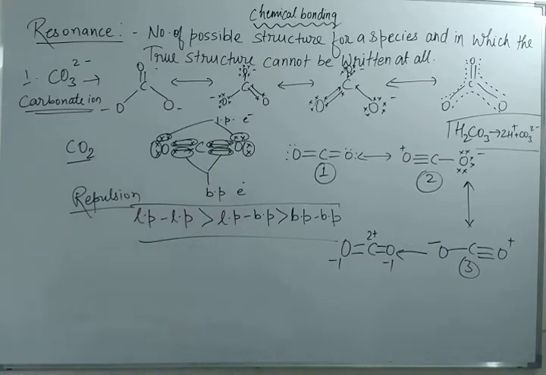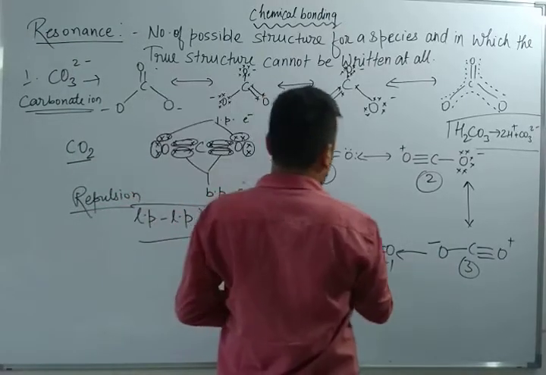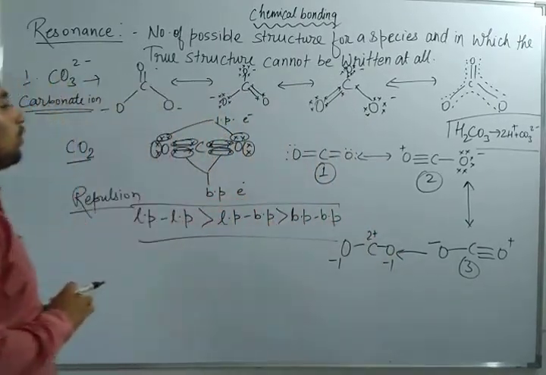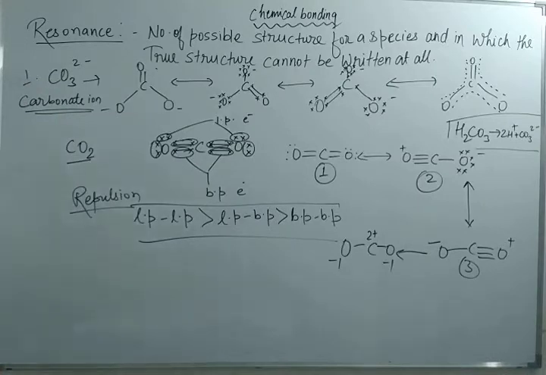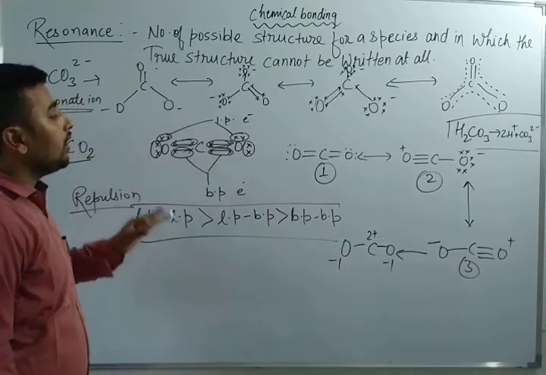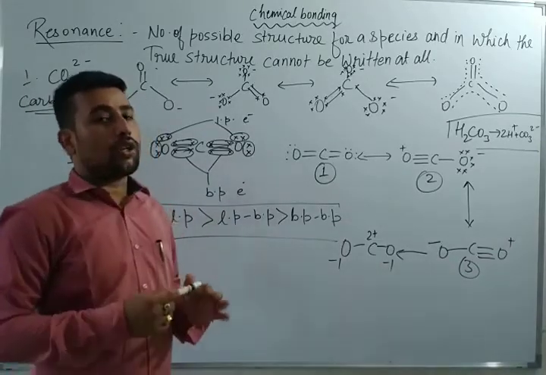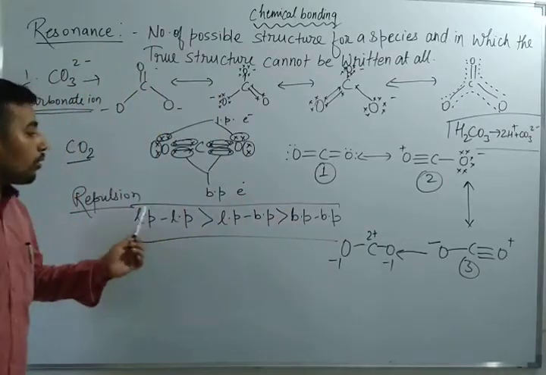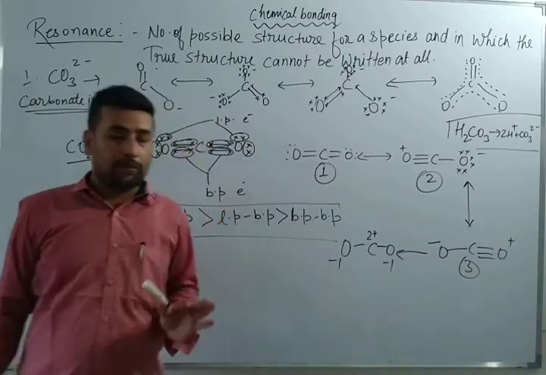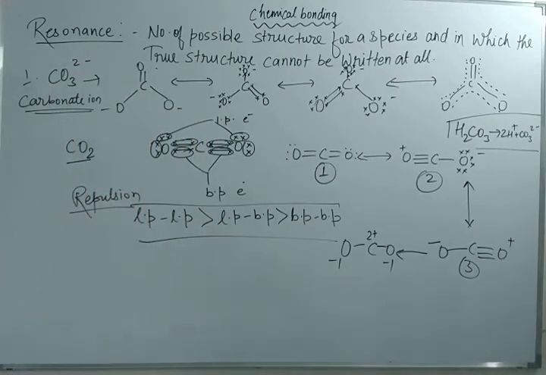Have you understood? Now you will say, sir, you have to remove these bonds. Just remove this bond. Now you will understand why I have put 2 electrons here. I have already told you, you must remember this word, repulsion in lone pairs. So what is a lone pair? Electrons which do not participate in bonding are called lone pairs. As you have seen, lone pairs have maximum repulsion, then lone pair-bond pair, and very little repulsion in bond pair electrons. Since it has less repulsion, that's why the bond is formed, right? So as you have seen, the four structures.